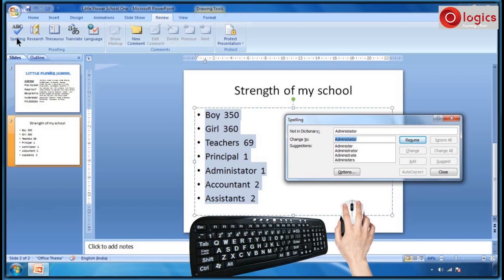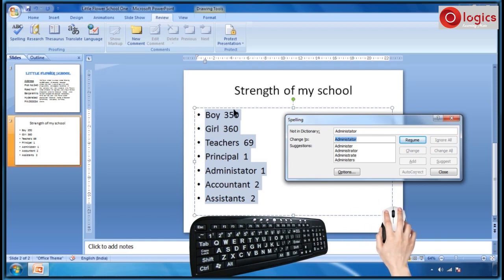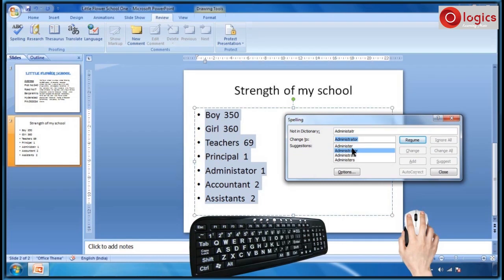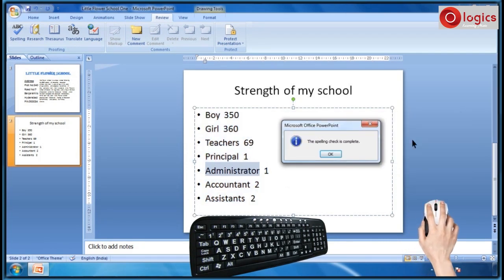Here I have chosen administrator. Which appears in the change to field. Click on resume button to apply. See this dialog box, the spelling check is completed. Click on OK.